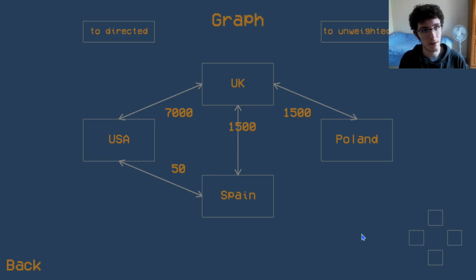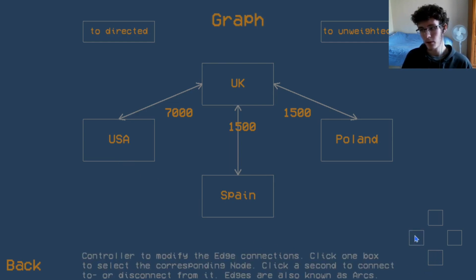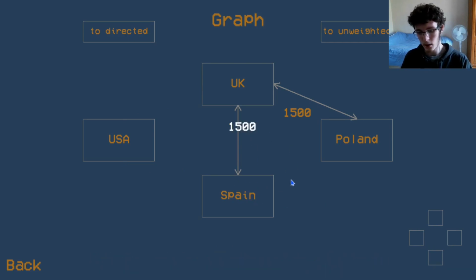But with different data, maybe between villages instead of countries, you can see why it might be a bit better to think about problems involving travel in terms of graphs rather than a list of distances. Maybe instead of physical distances, we want to represent time. So if we're currently in Spain and we want to fly back to the UK,